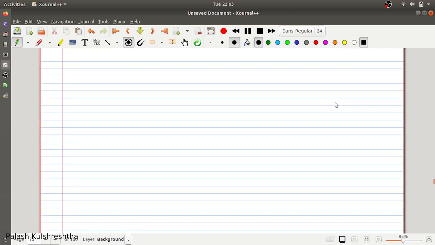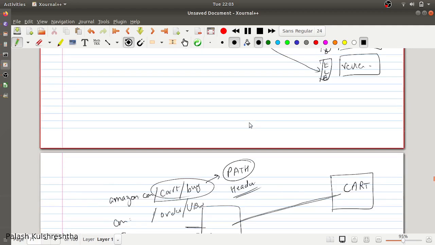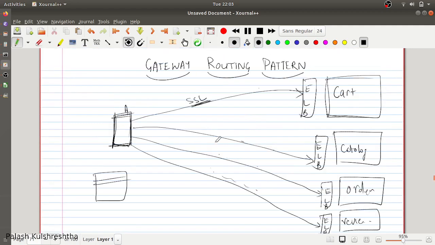What advantages we get from this pattern is, if for example you have this gateway, and let's suppose you have a catalog service, and you are revamping your catalog. In normal circumstances, you had to send changes in your application to start pointing to another ELB, which is sending traffic to the V2 version of your catalog, right?